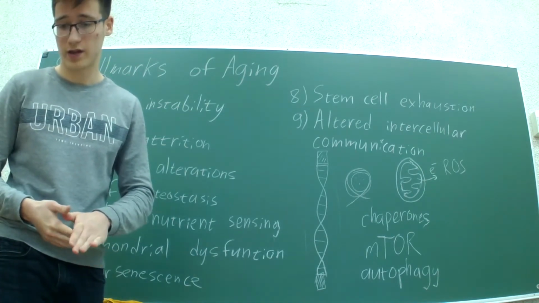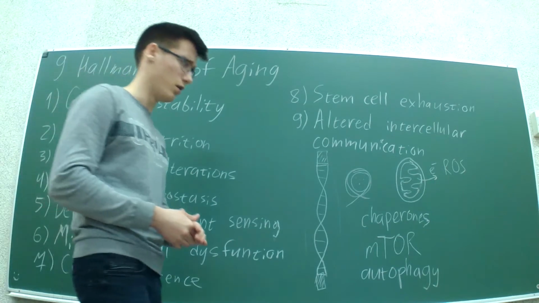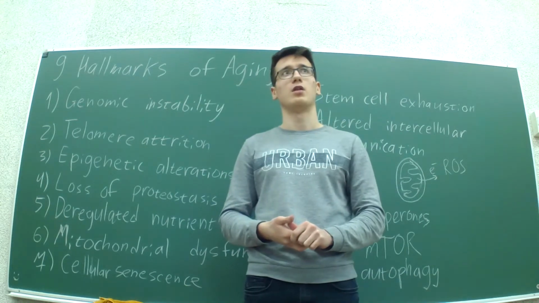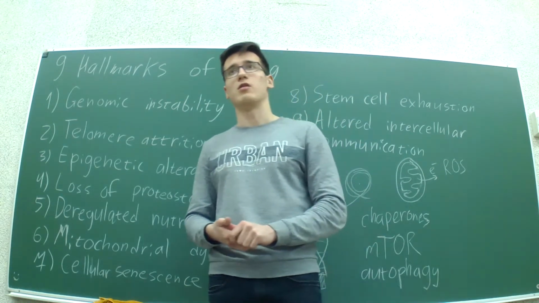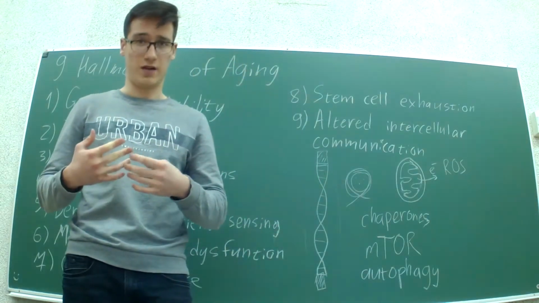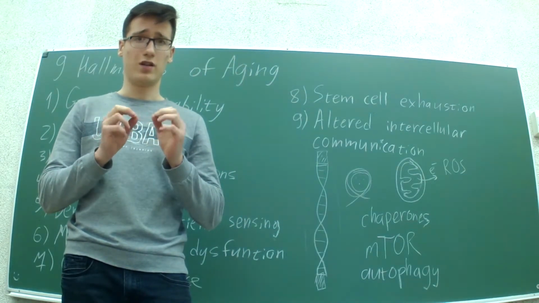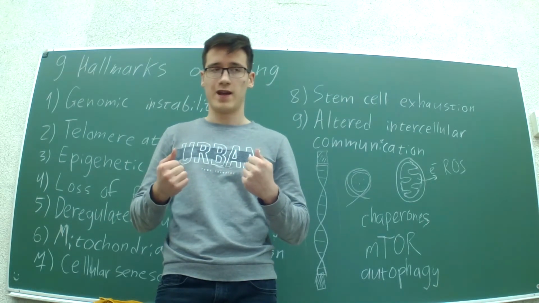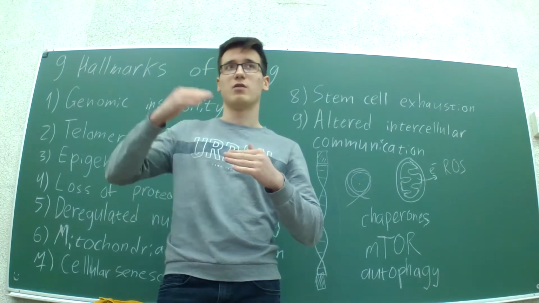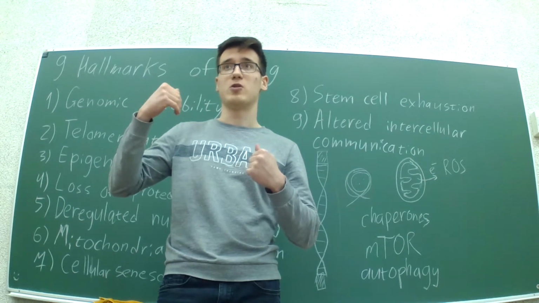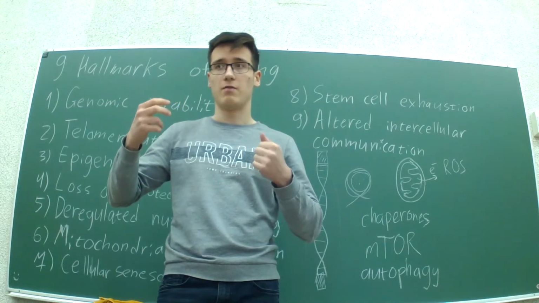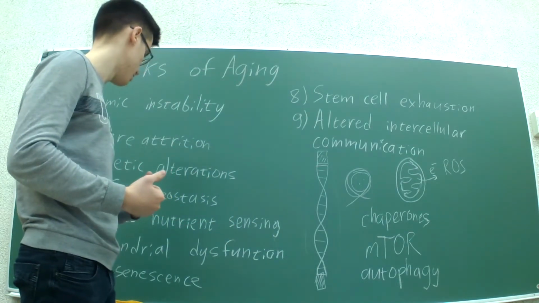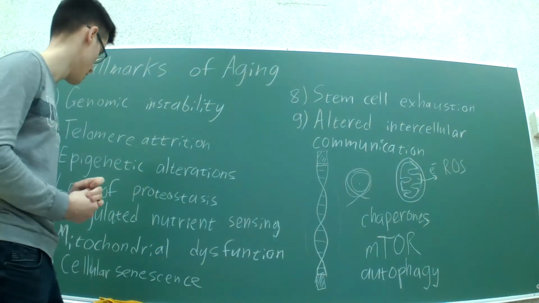The sixth hallmark, mitochondrial dysfunction. Well, there is a thing called mitohermetics, which proved to be useful in this aspect. What it is, when we basically treat our cells with mild toxins that affect mitochondria. They cause just a little bit of damage there. Then mitochondria start repairing themselves, and as they repair themselves, they surpass the pre-damage state and become even more healthy, which is quite good for treating mitochondrial dysfunction.